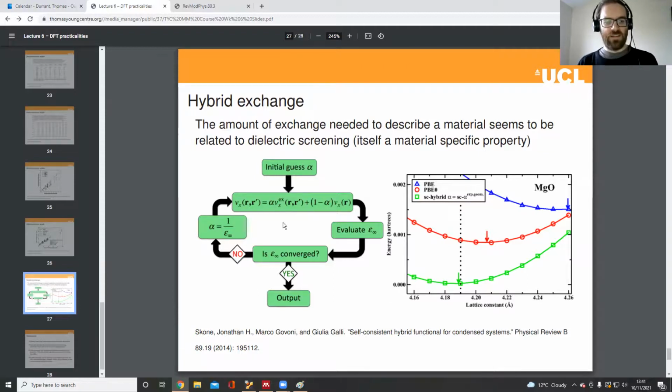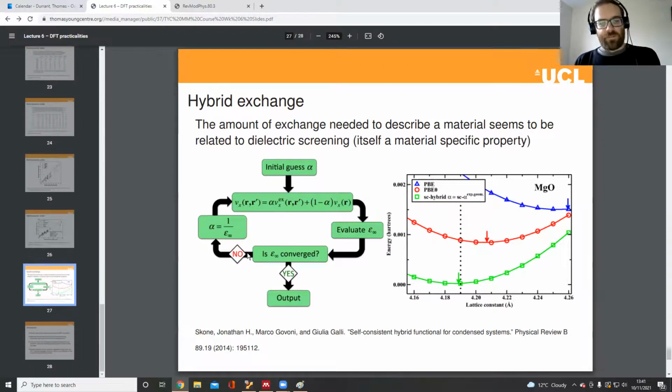So this was a particular study where they looked at fixing the amount of exact exchange used in a PBE0-like functional to the dielectric constant of the material, and were able to see some improvement. So it's kind of useful in that there's some progress being made in understanding why hybrid functionals perform differently for different materials. This is also bad in the sense that